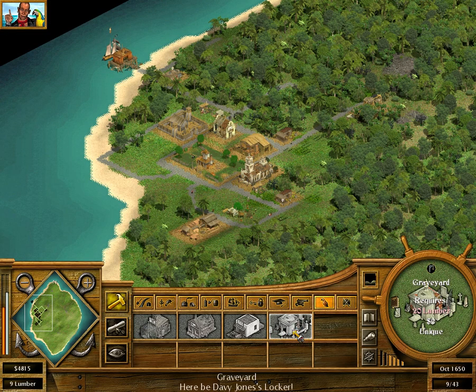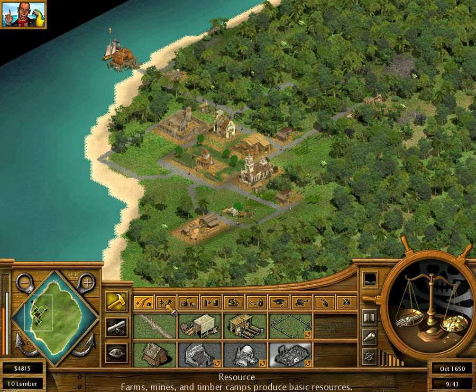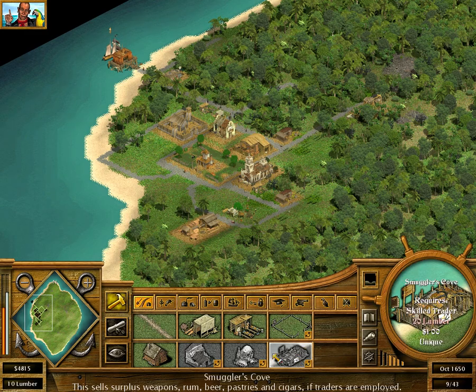Graveyard. Now this is a cool thing. The graveyard allows me to actually raise dead crew. And I think I can basically then use them as workers. So I can have skeleton pirates moving around and doing things. I'm not sure what the rest of these do, because I never played them in the...